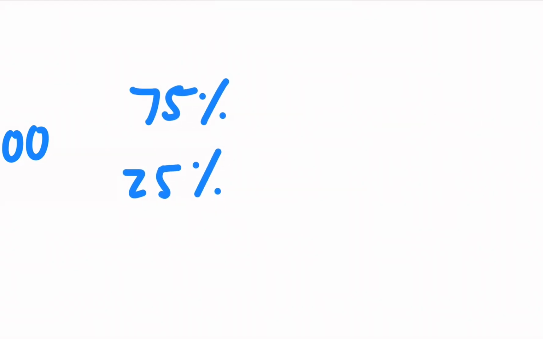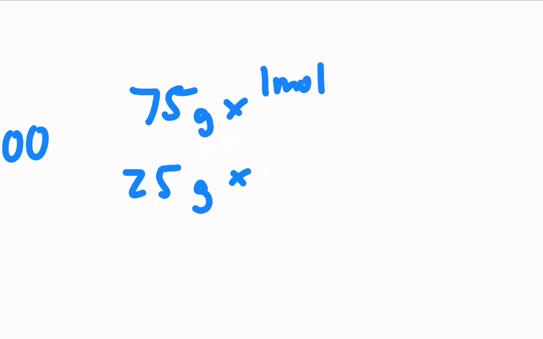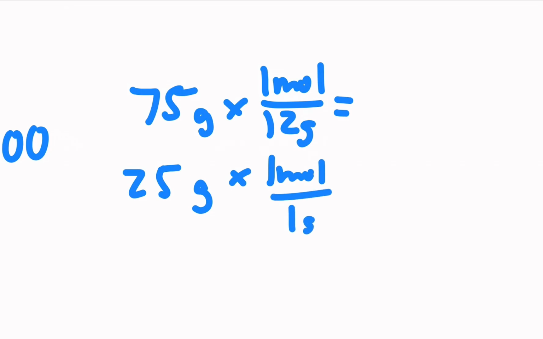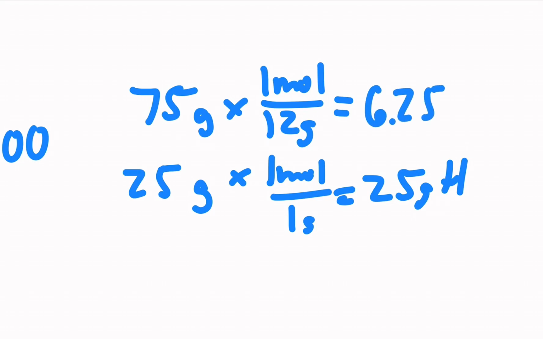Normally, we're actually given percentages. You can get those from things like mass spec, and we have to turn those into an empirical formula. So I would take my percentages, turn those into grams, and then turn those into moles. So there is 1 mole of carbon per 12 grams, and there's 1 mole of hydrogen per 1 gram. So I have, in 100 grams of stuff, I have 25 grams of hydrogen, and then I have 6.25 grams